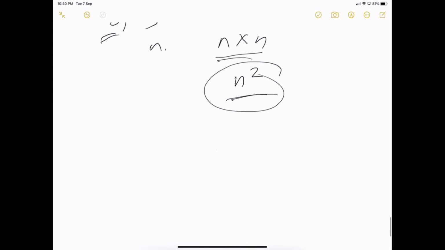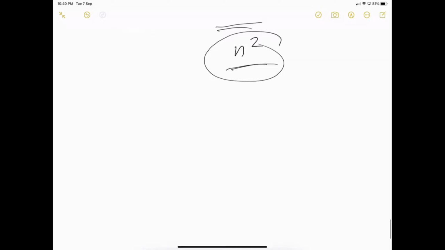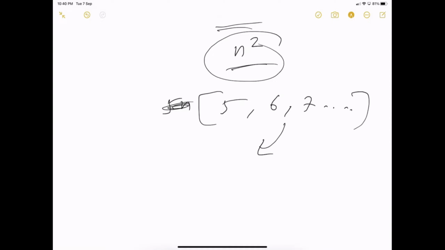Now you are clear about n square. Another important thing is if you have a constant, for example something like 5 or 6 or 7 or whatever it is, then the order of complexity is generally referred to as order of 1. Okay, can we use real values?